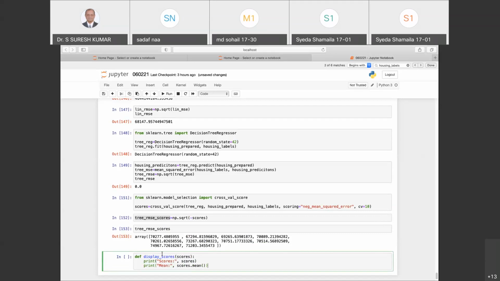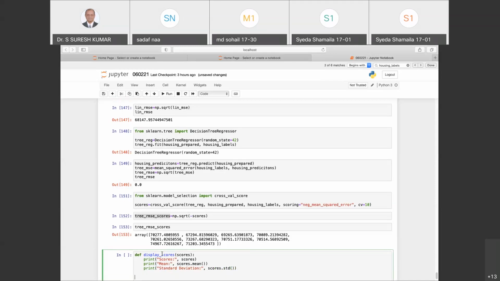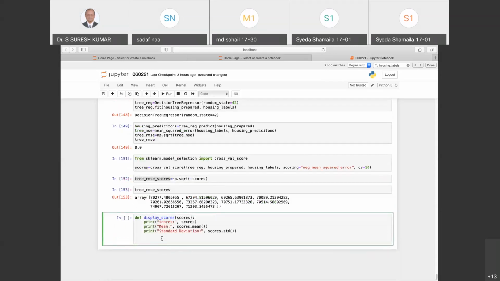Then I would also print my standard deviation, which is nothing but scores.std(). That's it. Now when I call display_scores, let's see what I get. I'll say display_scores of tree_rmse_scores.